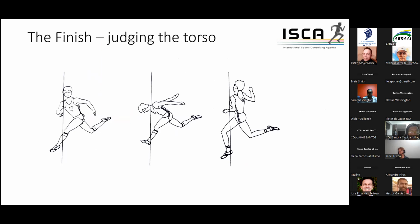This is an image that I often like to use to explain PHOTOFINISH and to teach people about the judgments. I like to ask people to look at these 3 images and consider which one is a correct judgment for a PHOTOFINISH image. The answer is that all 3 of them are in fact correct. They are athletes crossing the finish line in different formats, in different ways, and all 3 of them are correct